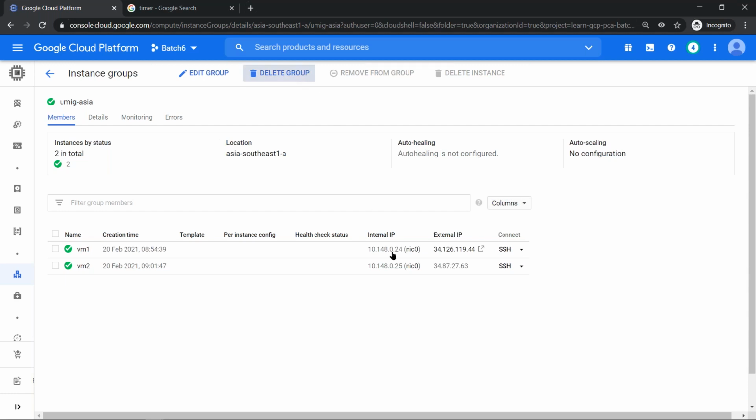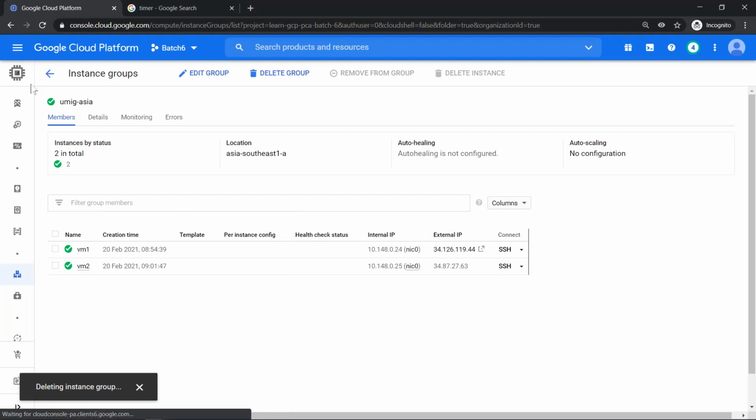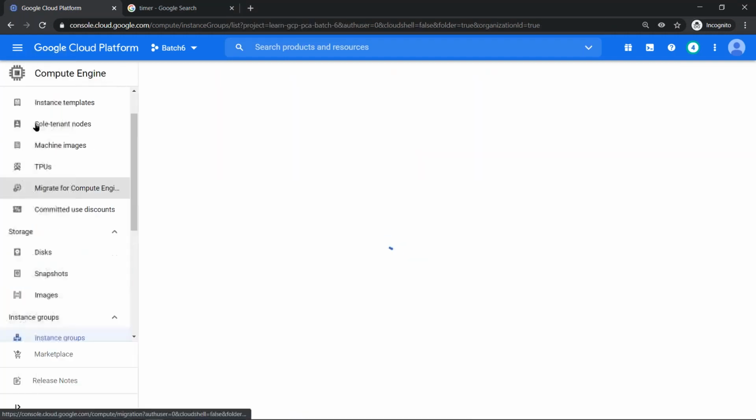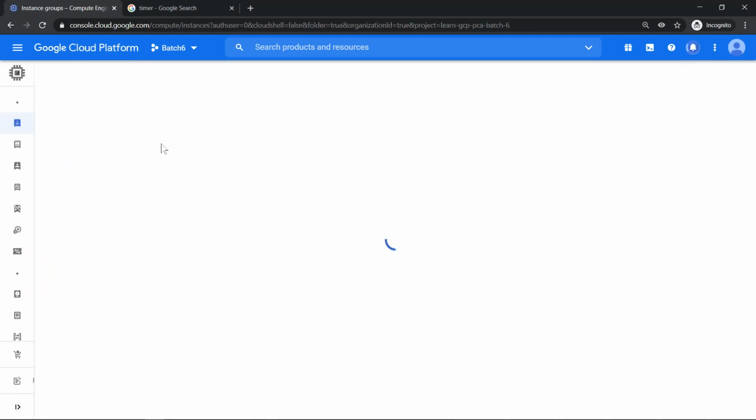So let me just delete this group. I don't need it anymore. And I'll also delete the VM. So that's a small thing which was pending last week because we were running out of time. I told you we will do it today. So now what we'll do is we will go to the next part